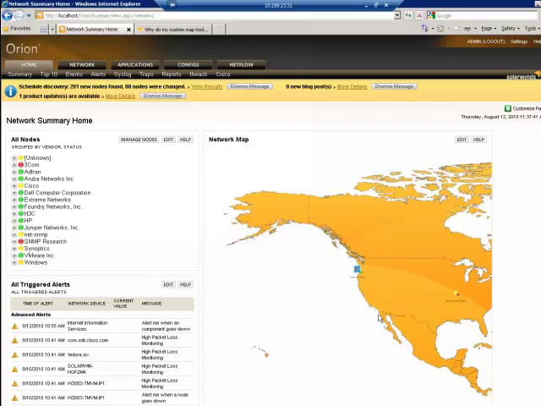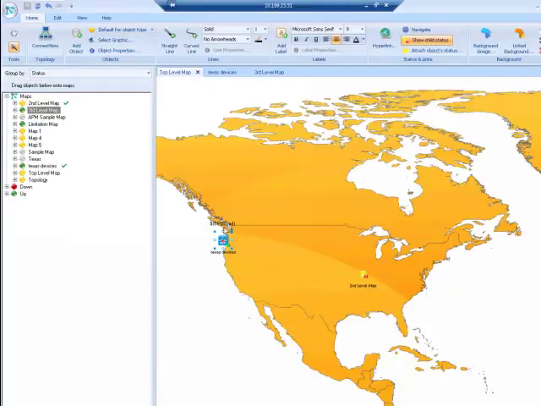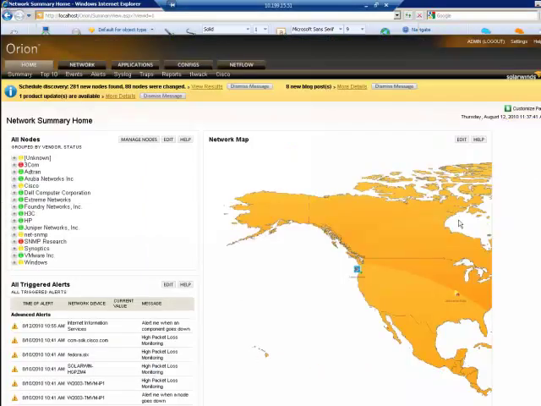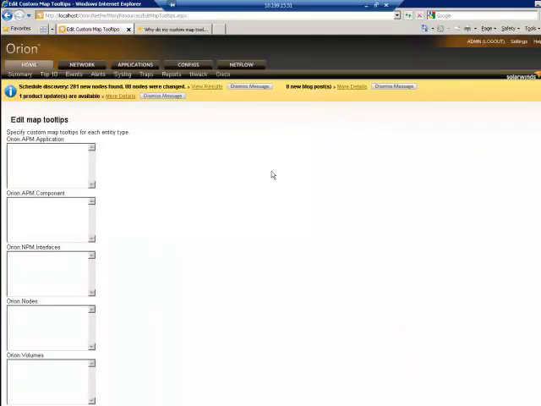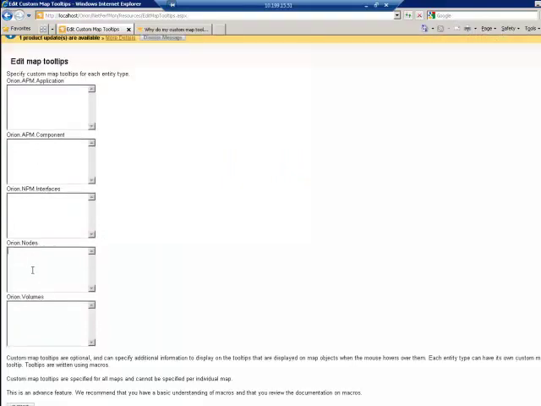There we go. So within there, let's see, I may not have that, but basically in that label it'll show the appropriate value. So within there, you can do that on a node level, on an interface level, and these same variables also apply to the tooltips. So if you actually in the maps, if you go and edit here and go to